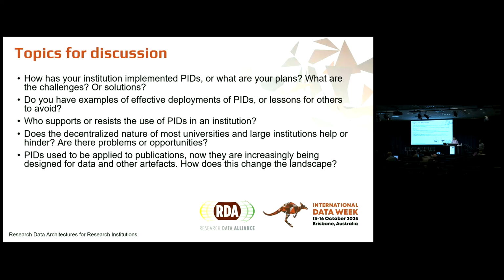So one of the questions, when we were preparing this session, we were talking to Matt at Princeton, and he was puzzling about how, as a very decentralized university with a lot of decentralized responsibility, to get that PID adoption across a decentralized institution. So is there any of you that feels that they are in a decentralized institution and run into challenges with that, or found maybe some possible approaches, ways to tackle that?